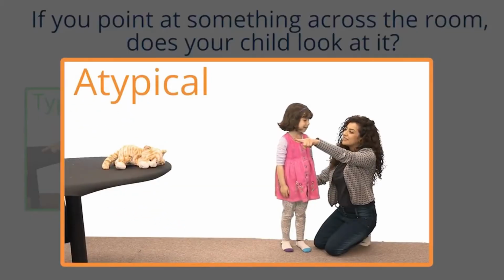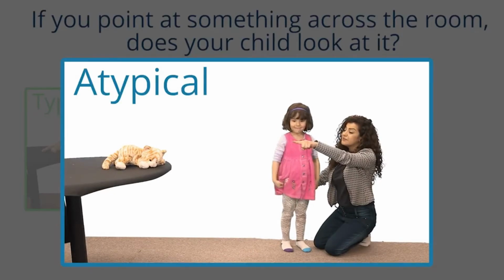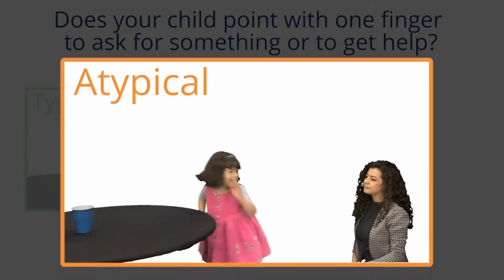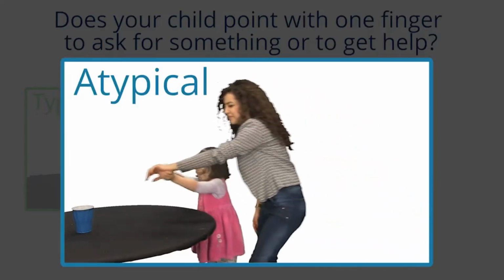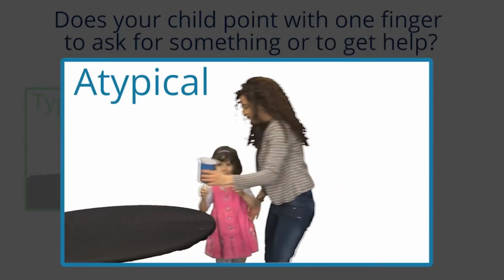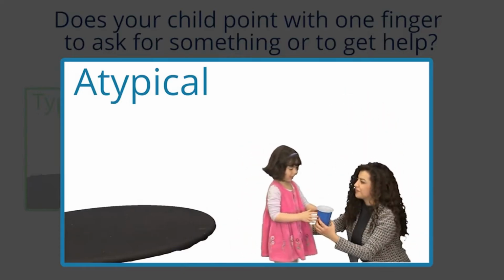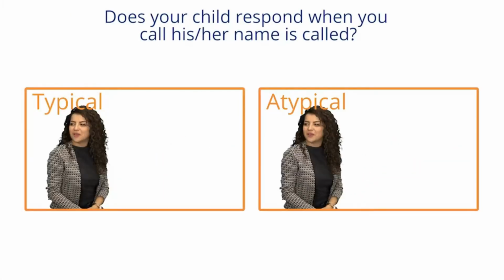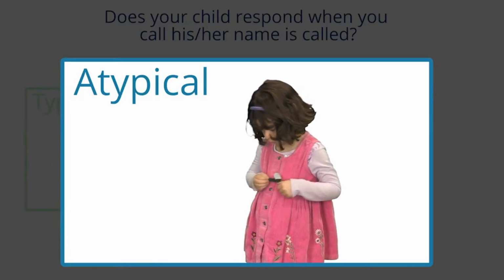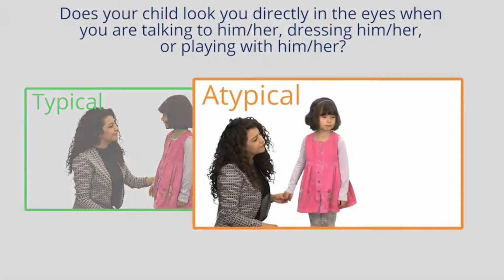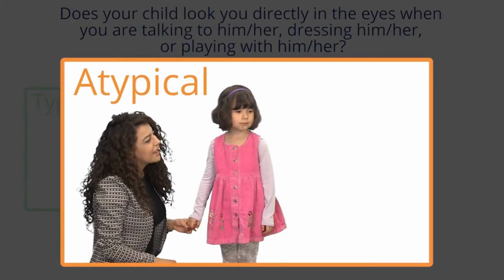Warning sign may be a child's inability or desire to look in that direction. Warning sign may be if a child is unable to point, but hand leads or resorts to inappropriate behavior to get their needs met. If a child does not respond when you call them, possibly appearing in their own world, this may be a warning sign. A warning sign could be a child's lack of eye contact.